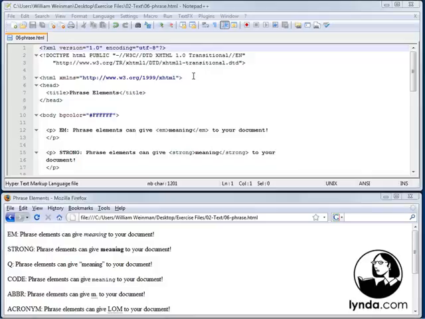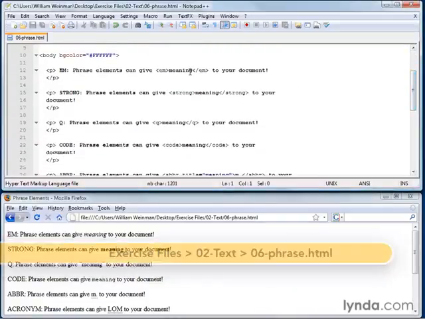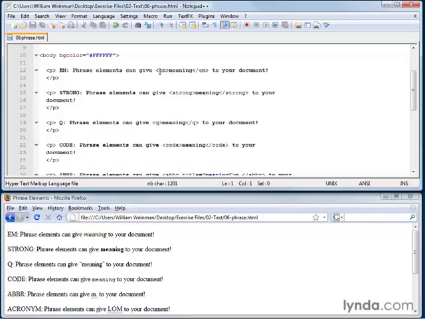In this lesson, we're going to talk about phrase markup elements, which mark up your text with the intention of a phrase. For example, here we have an emphasized phrase. This means it should be emphasized with the EM, or this one means it should be read strongly. This makes it possible for non-visual browsers to know what to do with your text, to read it stronger, to